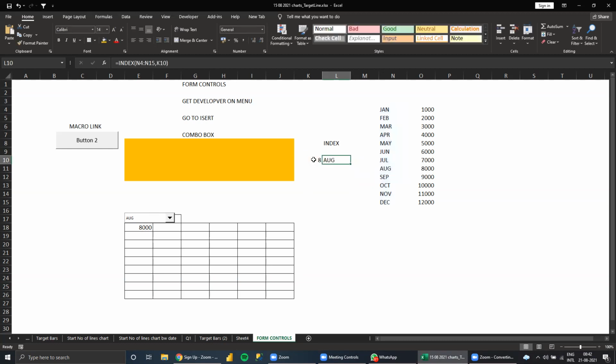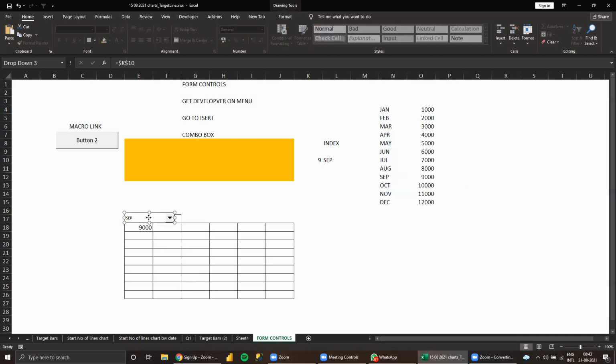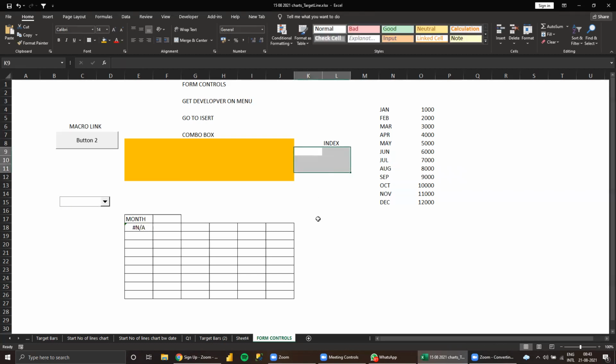Now see here, August. Now see again, say September. Based on September, the value changes. So what I do is, as soon as the number comes here, I'll delete this and set it up again.